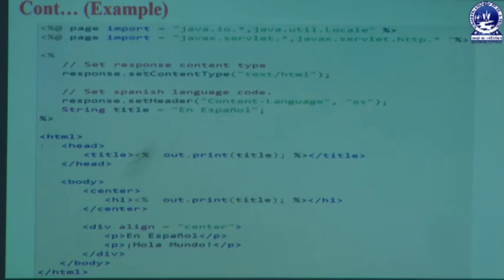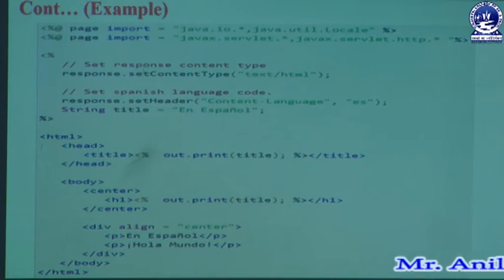Next, es is one type of language, maybe we can say English, whatever. But here we can say the title, which is optional. It is one statement used in this title. So we can define the HTML code. Similarly, that HTML code must be defined as a tag. Then we can define the heading section. In that heading section we are going to print the different types of titles set in this program, that is en, which is already displayed by that out.print method, which is a method of this Servlet class.